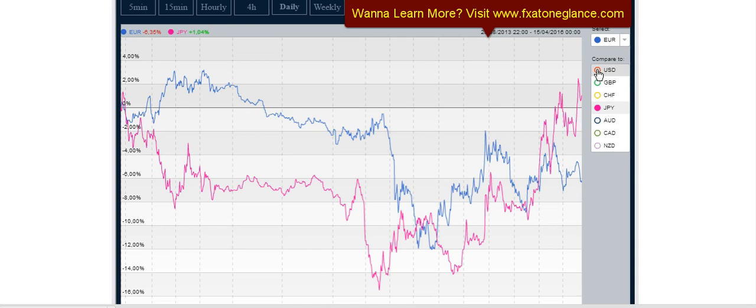So I want to know which pair is stronger. So what a lot of traders will tend to do is just look at this chart and say, well, the blue line here, which is the euro, is above the fuchsia line here, which is the yen, so the euro is stronger automatically. Well, that's not the whole true case. Overall, it is stronger, but you have to look at what's happening currently, okay? Because I'm going to show you,